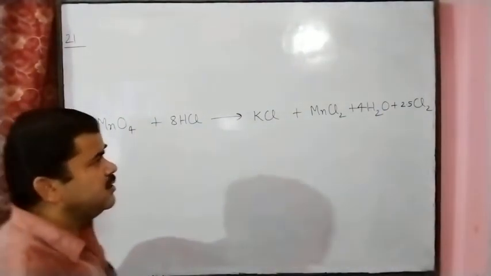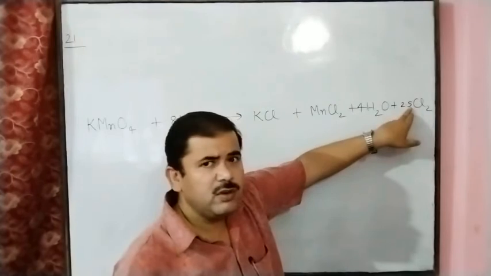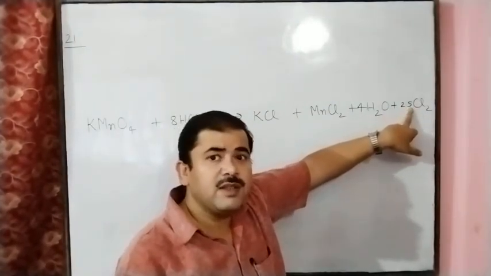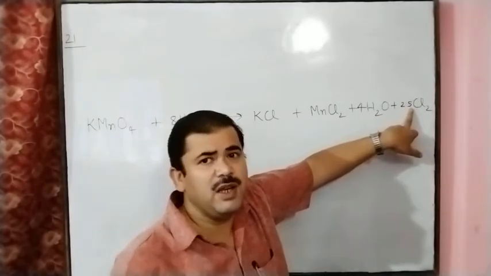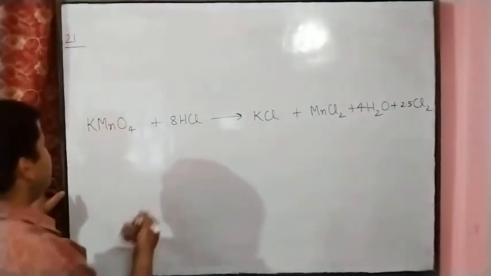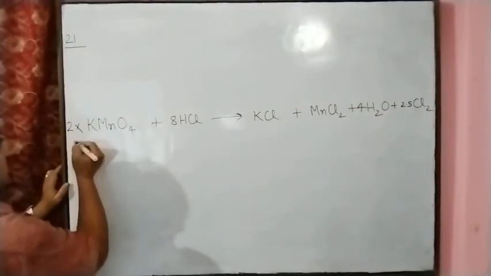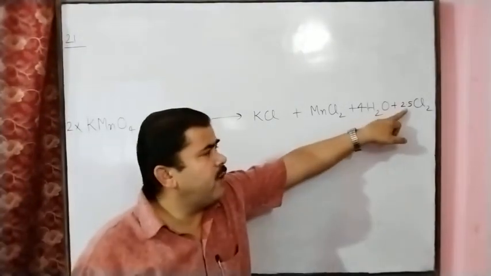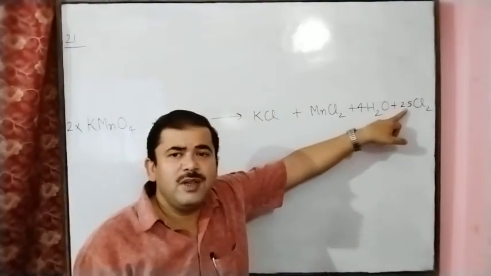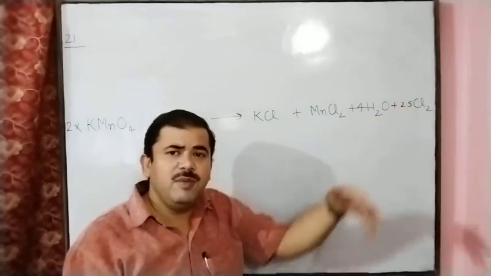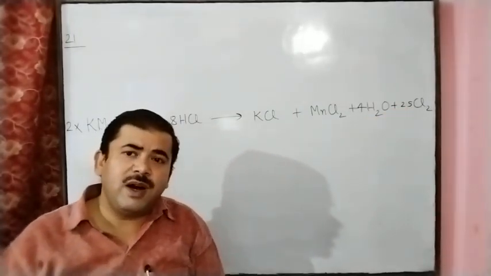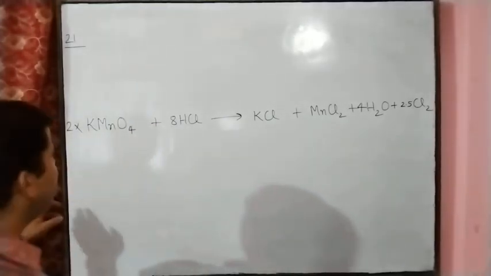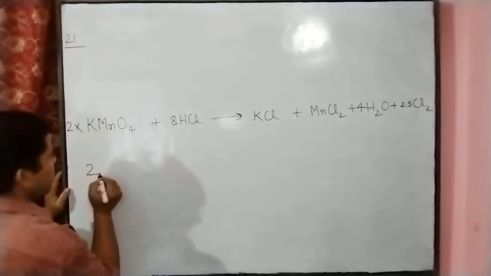So we will change this decimal value into a whole number by multiplying the whole chemical equation by the simplest number. If we choose 2 for changing into a whole number, we know that 2 multiplied by 2.5 gives 5, a whole number. So we will use the simplest number for changing into whole numbers. You will multiply the whole equation by 2. So what will you get?